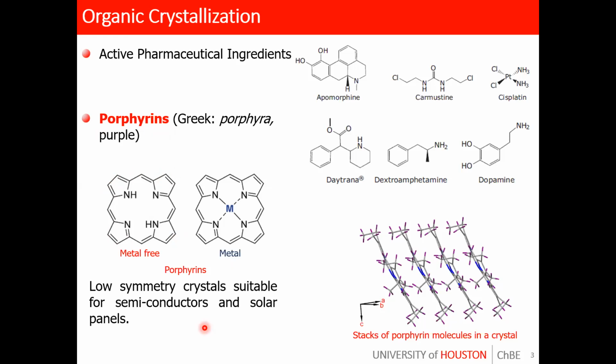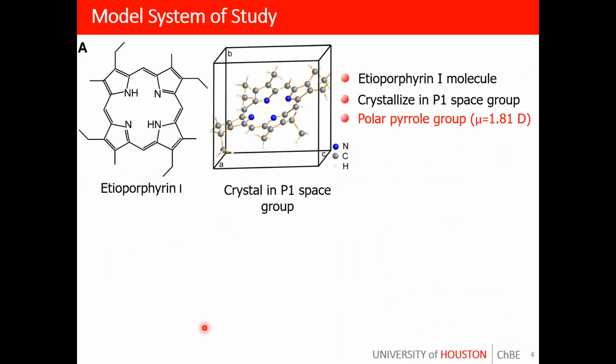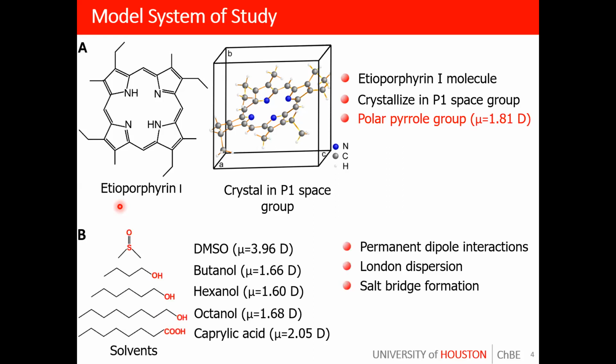So to have a good understanding of solute-solvent interaction during organic crystallization processes will help us design robust crystallization processes. And with this in mind, we study solute-solvent interaction, and we choose etioporphyrin 1 as the solute of our choice because it crystallizes in the same polymorph irrespective of the solvent, giving us an opportunity to study the solute-solvent interaction in the solution phase. And it is crystallized from 5 organic solvents, which are shown here to highlight the role